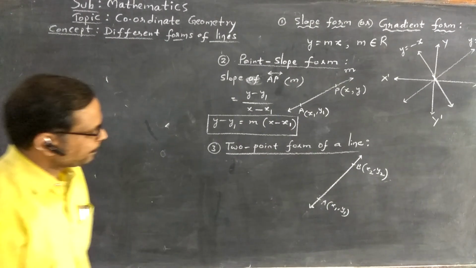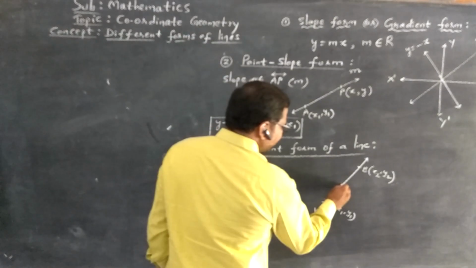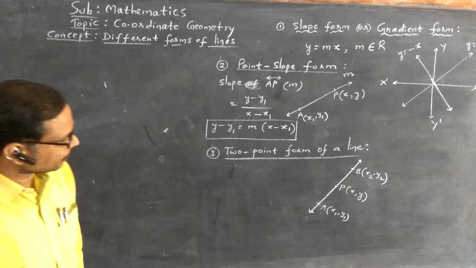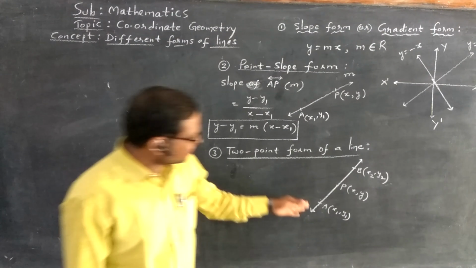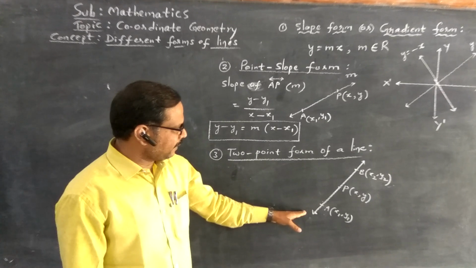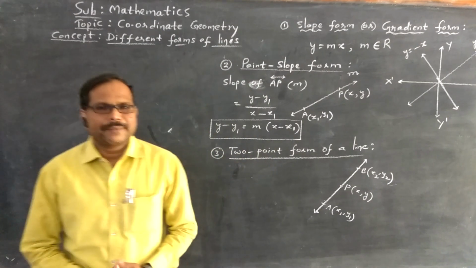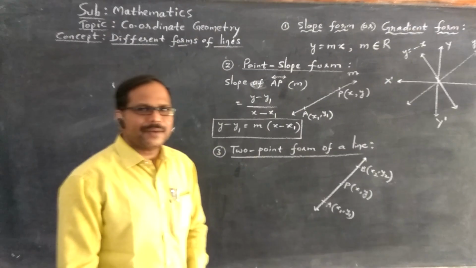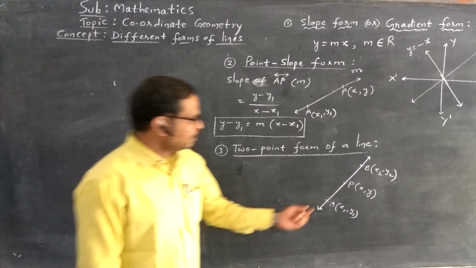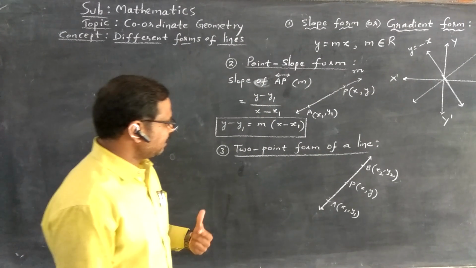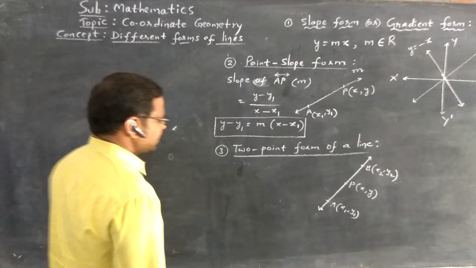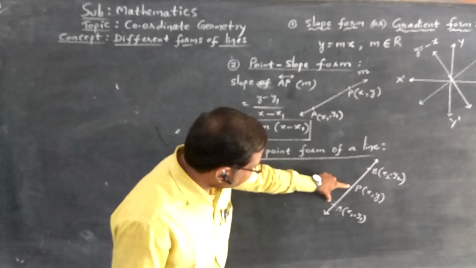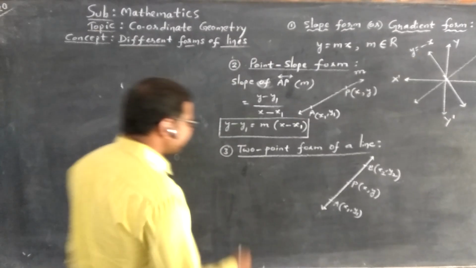2 points are there. Again, as I told you, I will take one arbitrary point on this line, P(x, y). Right? Now, since these 3 points are on the same straight line, what do we call such type of points lying on the same straight line? Do you know that? They are collinear points. Points lying on the same straight line are called collinear points. So collinear points means their slopes are equal. So slope of AP and slope of AB both are equal.